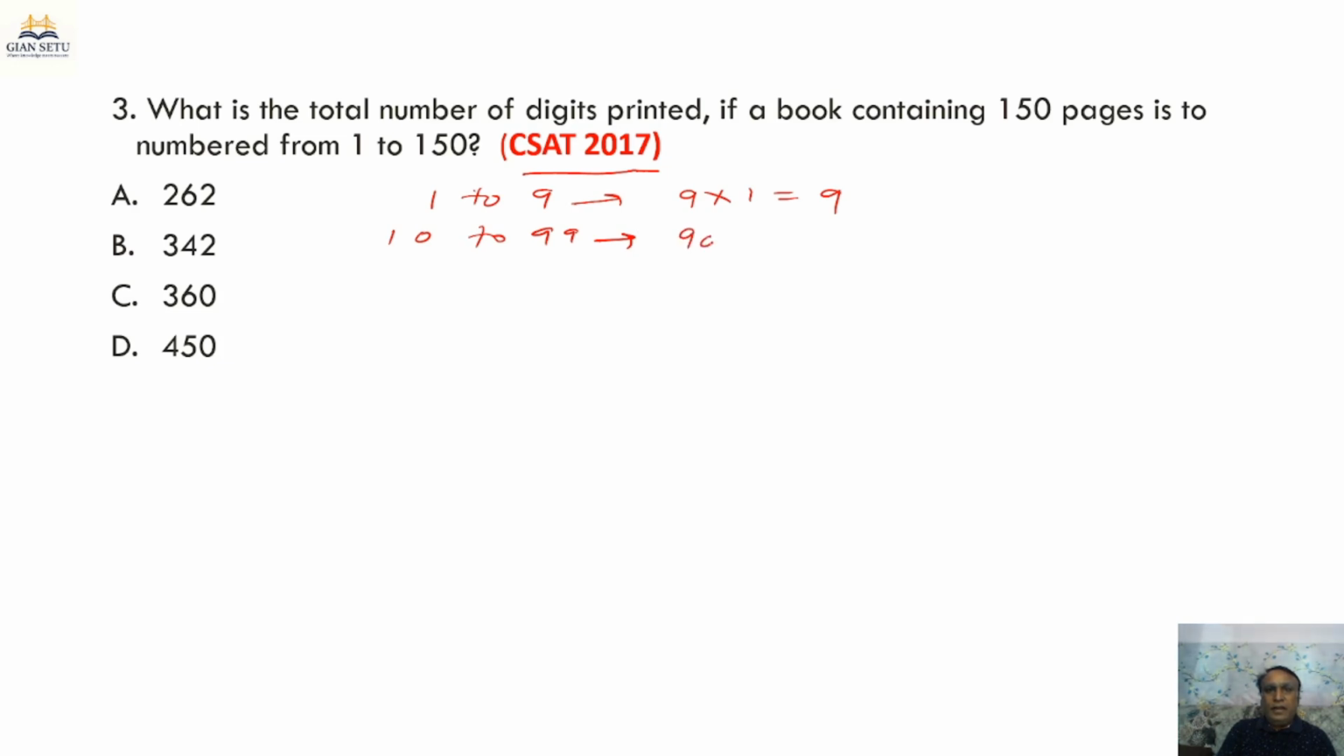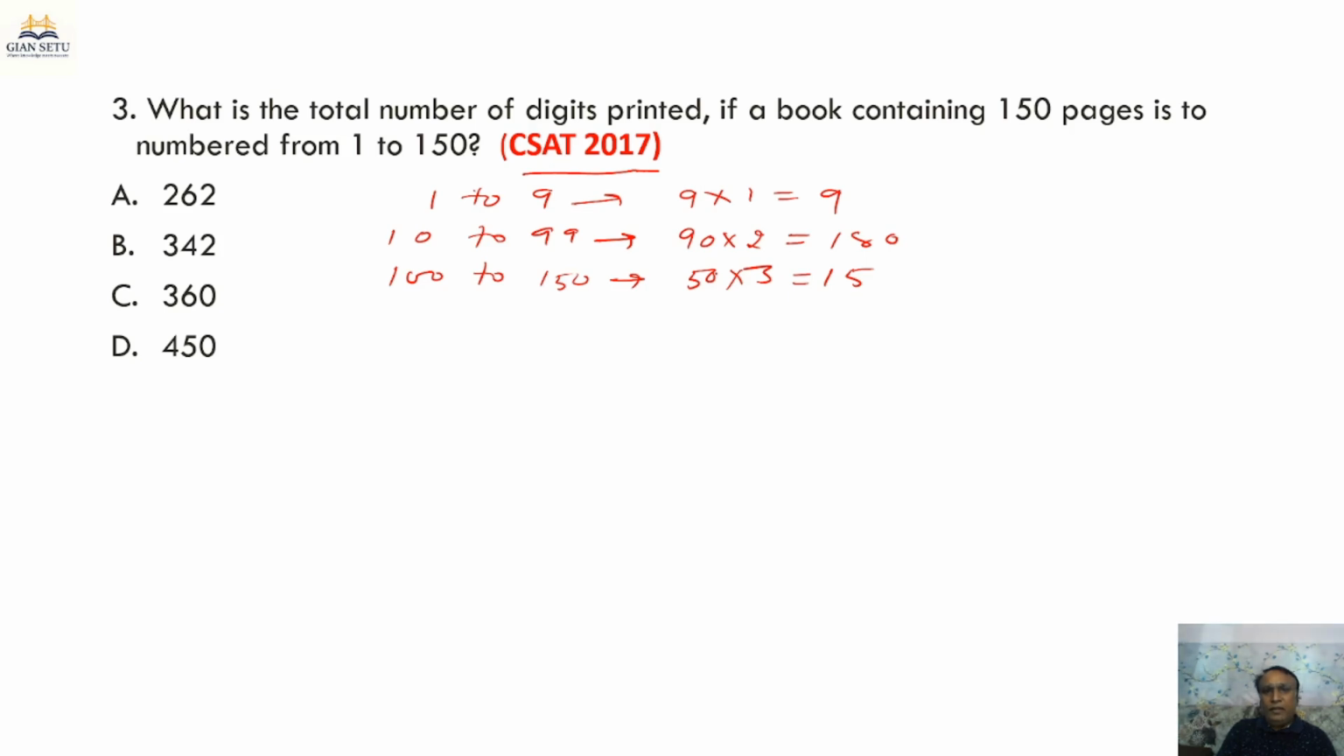These are 90. And how many digits we are using? 2. And in how many total digits will be? There will be 180. Now from 100 to 150, how many numbers are there? 50. And how many digits are there per number? 3. So it will be,